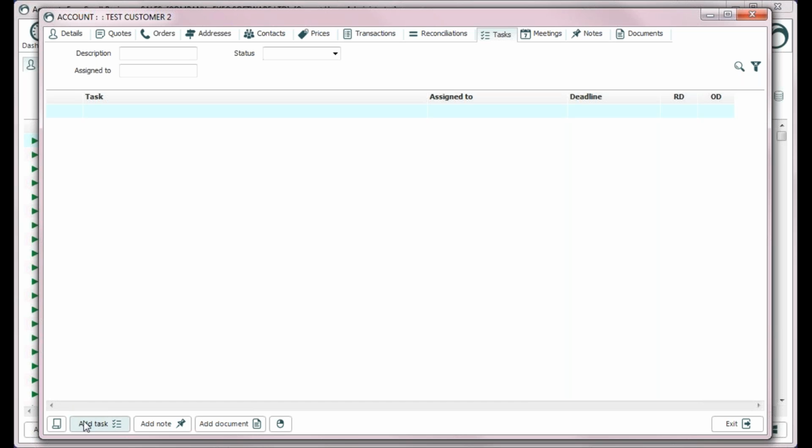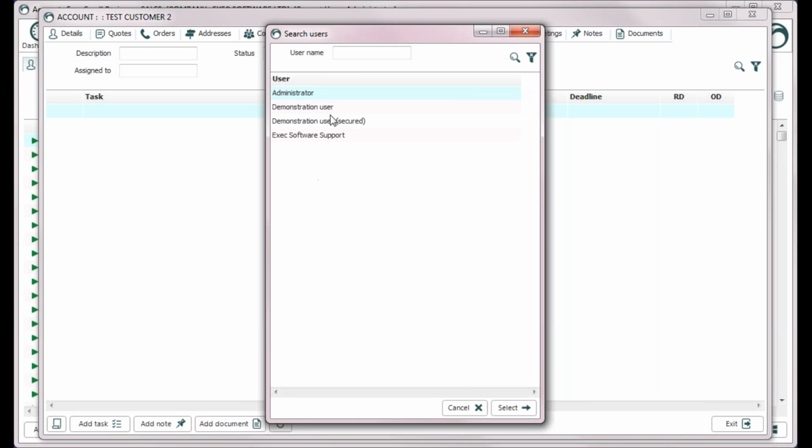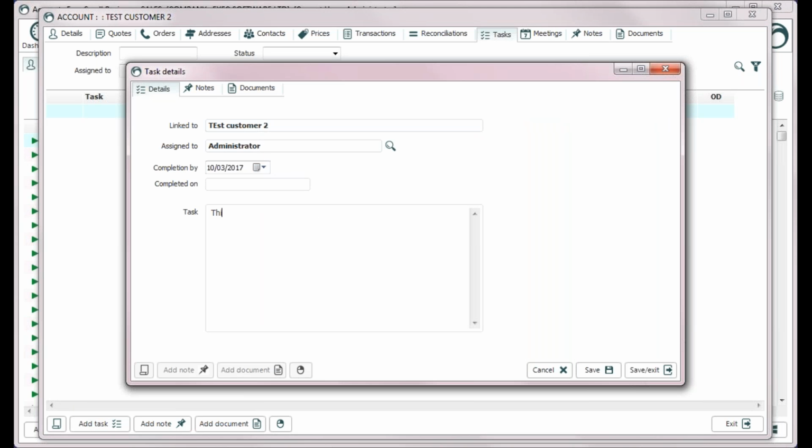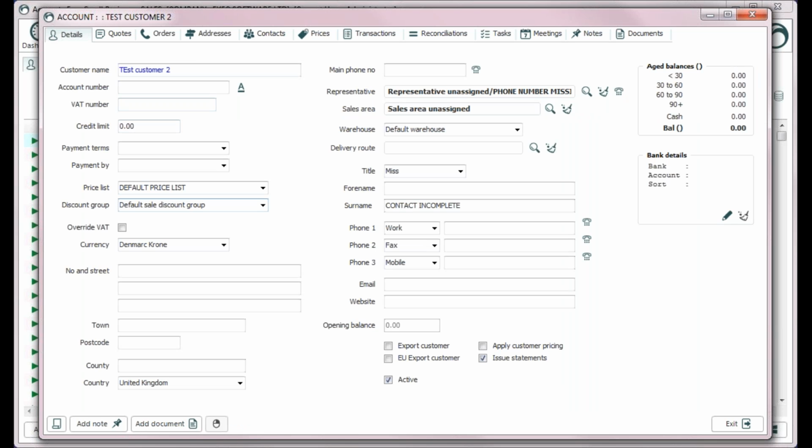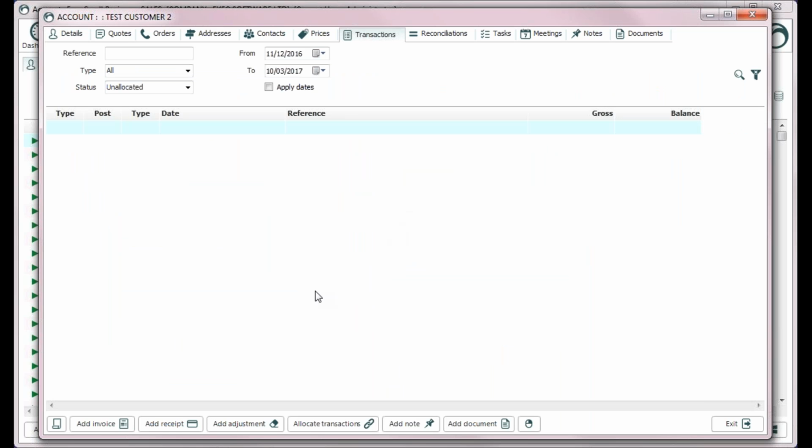So I can attach tasks to a customer. So if I wanted to add a task for the administrator user, I'm not being very innovative. Click Save. I've now added a task to this user. That could be debt follow-up, could be to track in a meeting. These are features that are coming from the CRM technology, and they're available in more limited forms inside of the Account Exec basic product. So I can add a transaction here to this customer from inside the customer's account, but